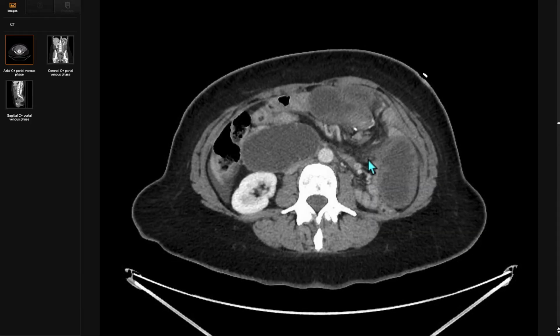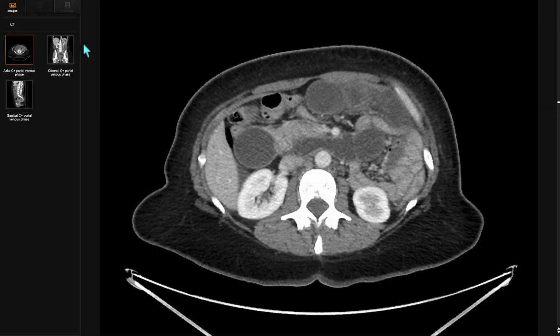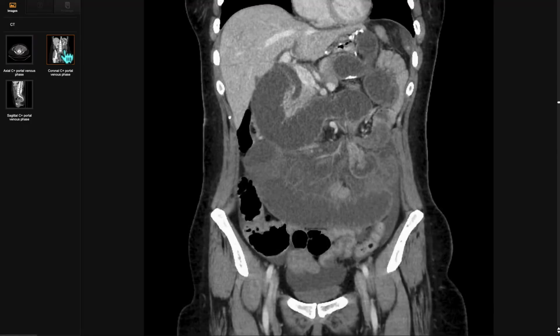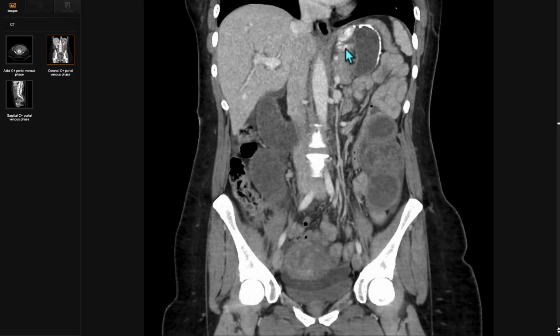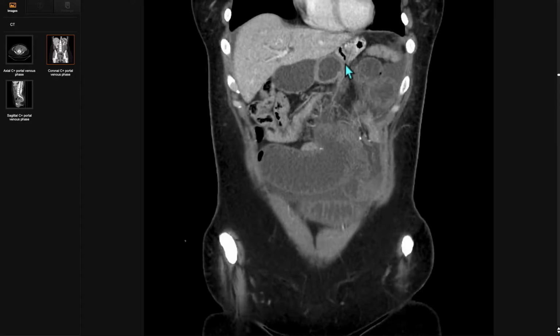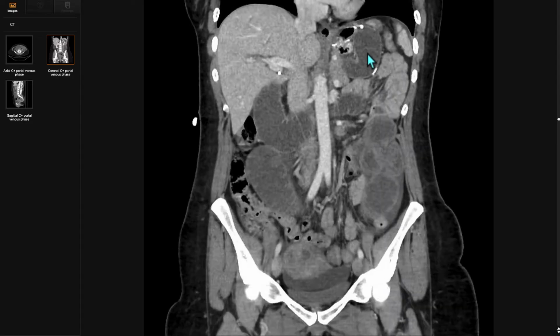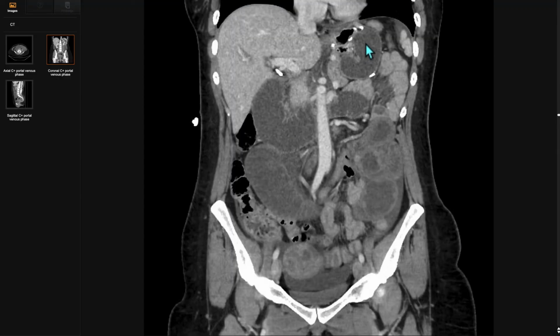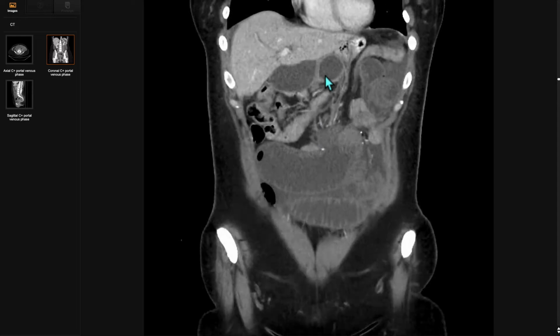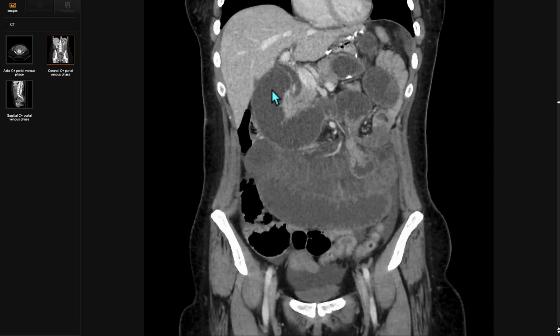This is certainly a confusing case, and I think the coronal images help quite a bit, so let's take a look. Here we get a better picture of what's going on. The Roux or alimentary limb is decompressed. However, the afferent or hepatobiliary limb is dilated. The excluded stomach is dilated, and as we pass across midline, we reach the duodenal sweep, which is quite dilated,